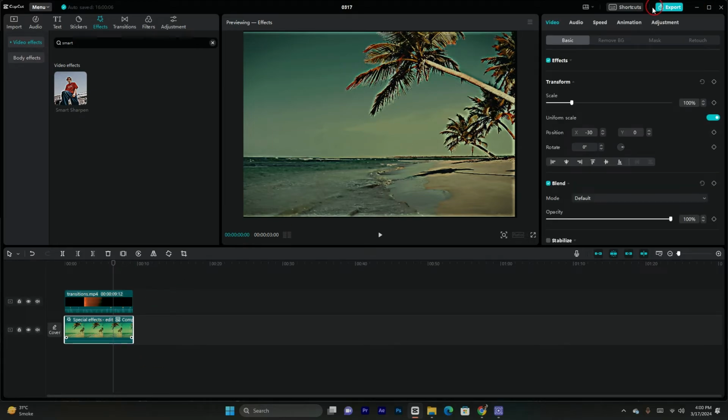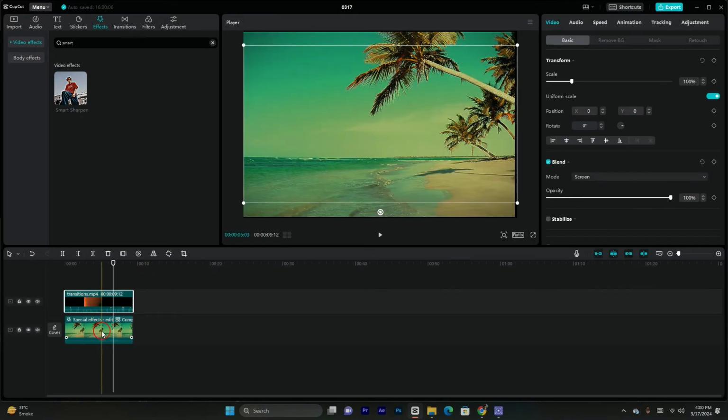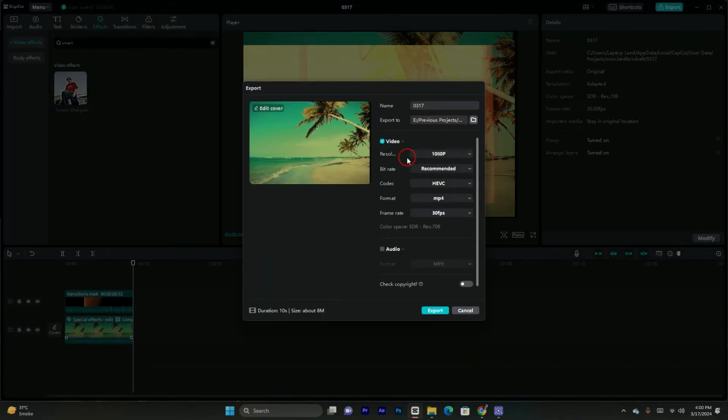After completely editing and adding this Smart Sharpen effect, you simply go to the export section of your CapCut. You have to adjust the resolution. So here is the resolution. Click on this drop-down menu, and here you select